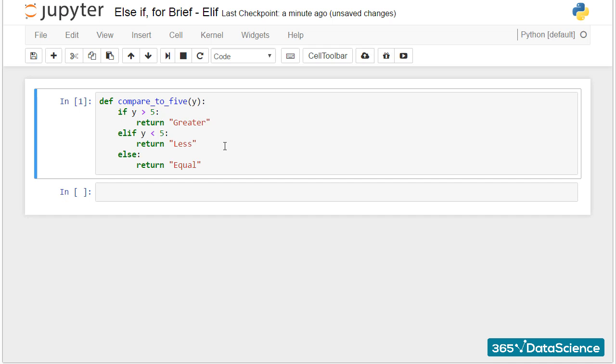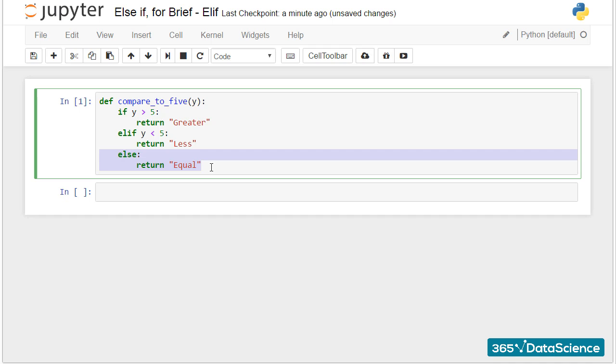In this lesson, we'll learn an elegant way of adding a second if statement to one of our expressions. This is done with the help of the elif keyword, as shown in this example. If y is not greater than 5, the computer will think, else if y is less than 5, written elif y is less than 5, then I will print out less. And the else statement follows as a tell with the respective block that says return equal.